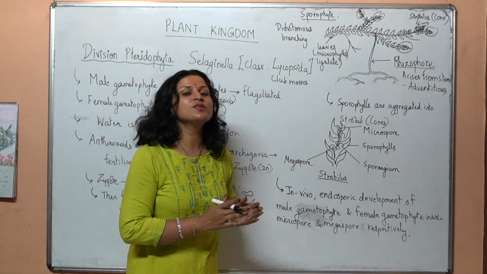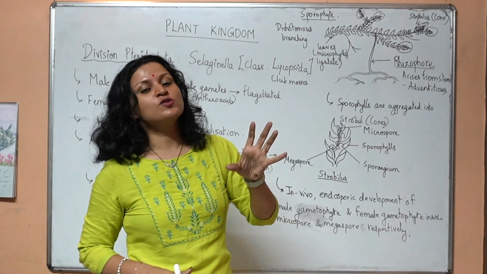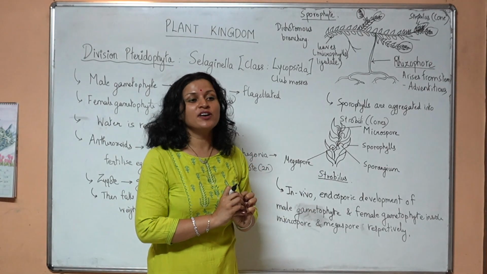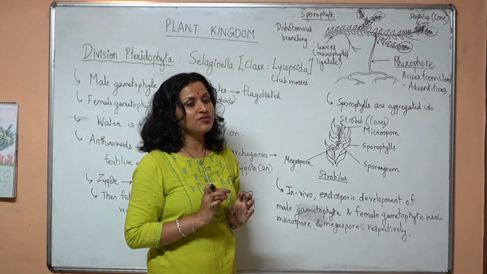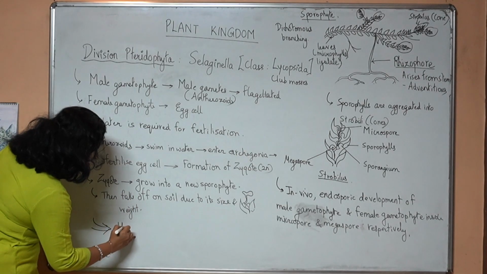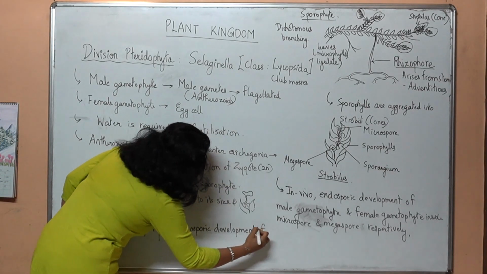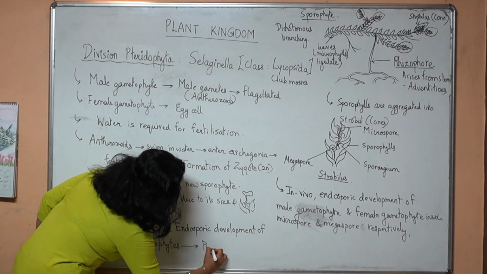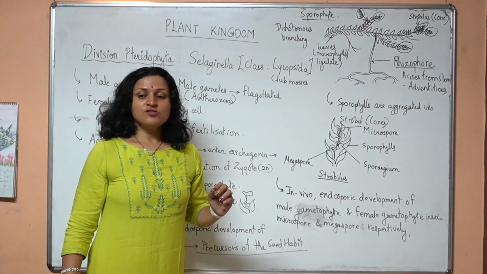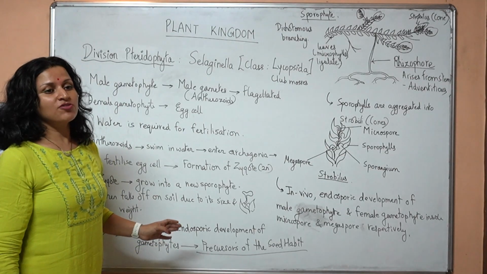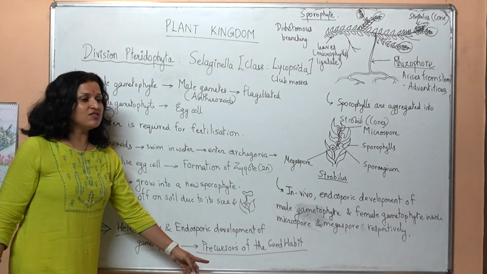Selaginella is the one that produces two types of spores and shows a behavior which is very similar to the seed habit. The sporophyte retains the gametophytes and the new sporophytes on itself for a considerable duration of time until they fall off. Therefore, heterosporic and endosporic development of gametophytes are precursors of the seed habit, specifically heterosporic. So Selaginella is an important example from NCERT for this particular point, for its heterosporic nature, which is the precursor